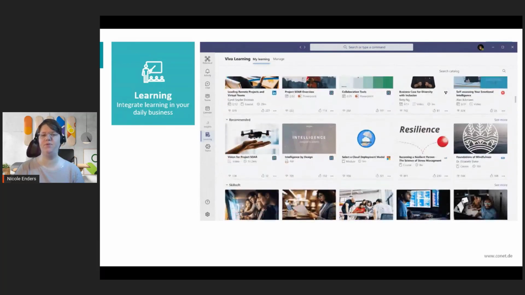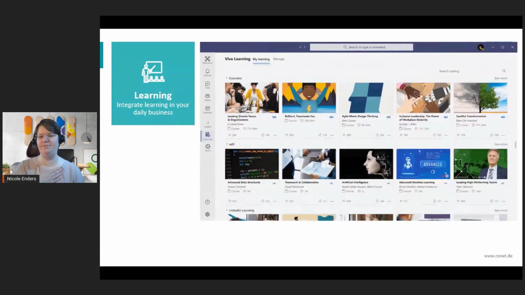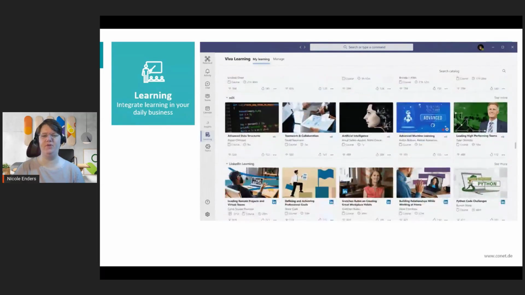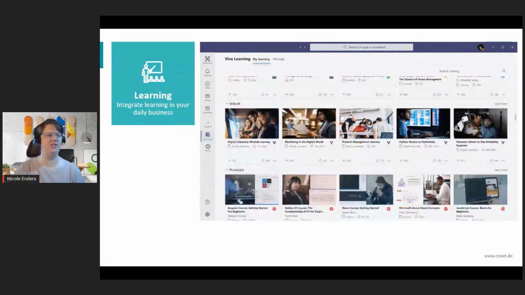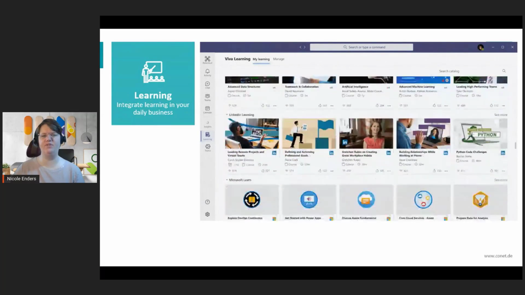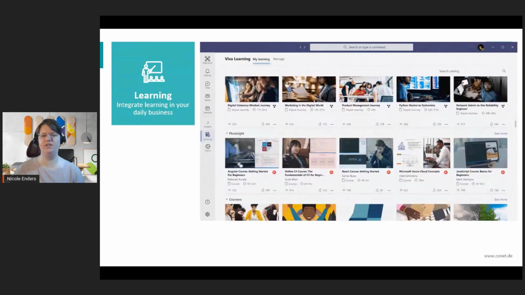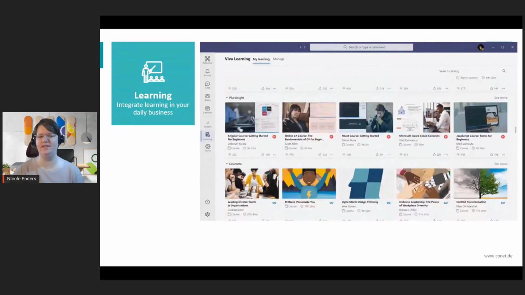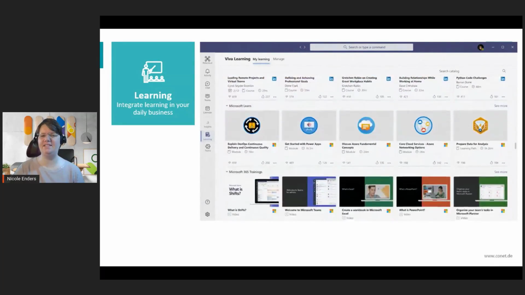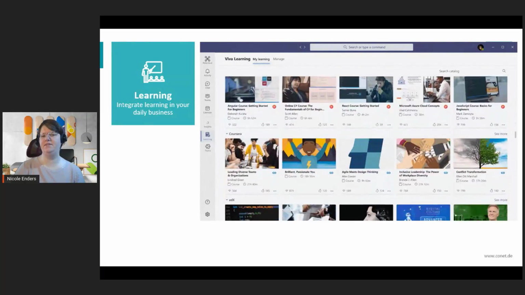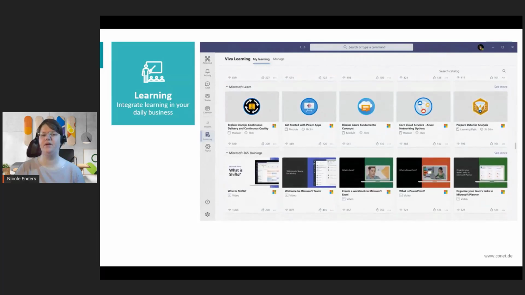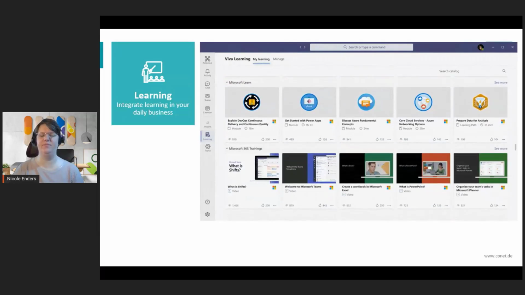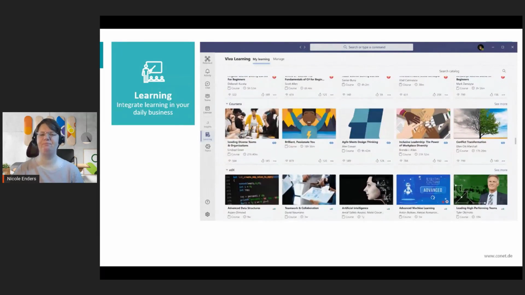So that can also be for you as an employee. It doesn't matter which provider or which sources are used, because it looks the same. You have a tile for the different learning modules. You see if it's quite popular, so there will be the like function already, and I can recommend modules to my fellow employees. So you have some kind of a recommendation process there.